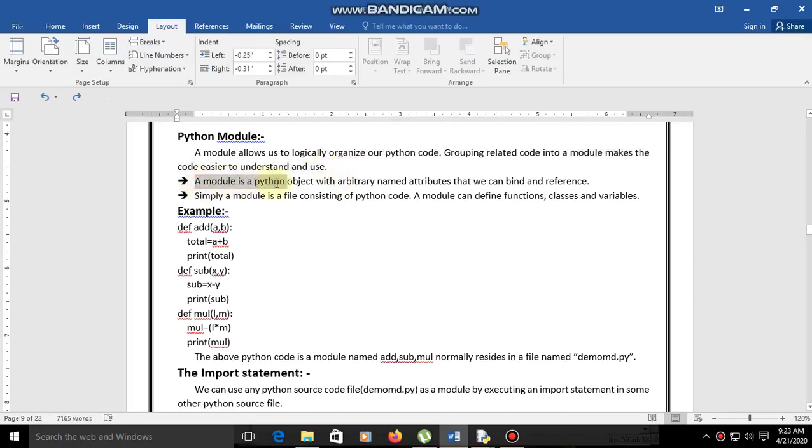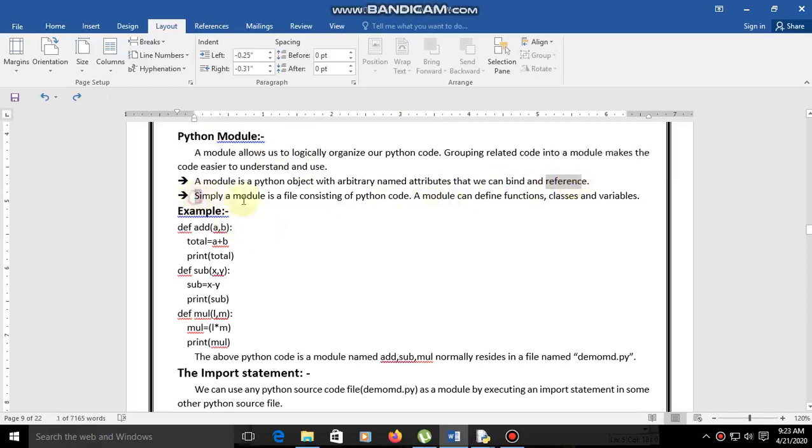Here a module is a Python object with arbitrary named attributes that we can bind and reference, right? So in another program we can use the module, that is binding, and we can reference that.